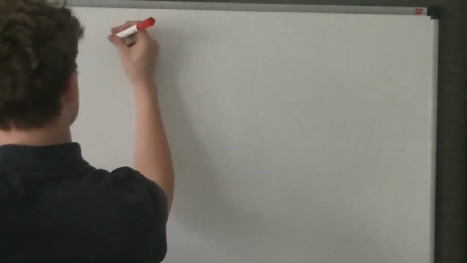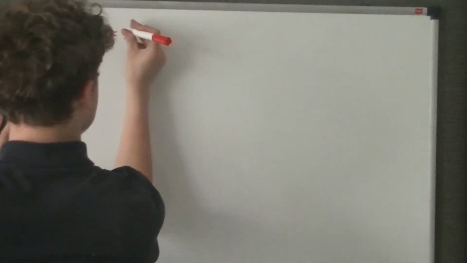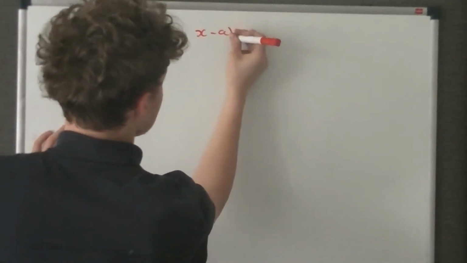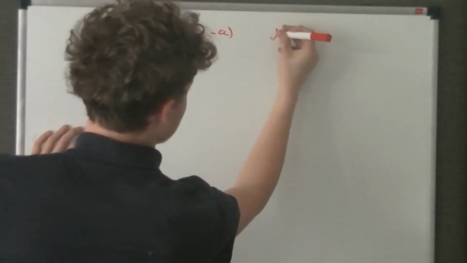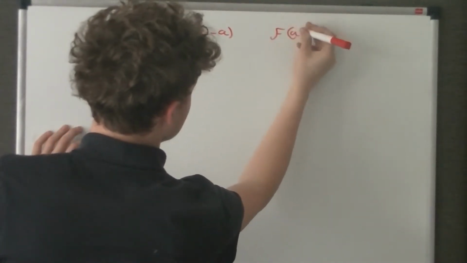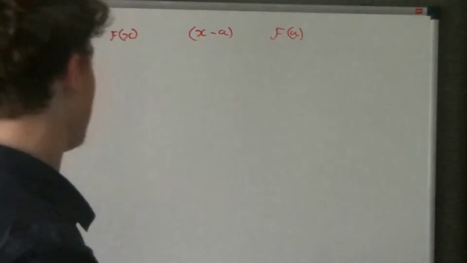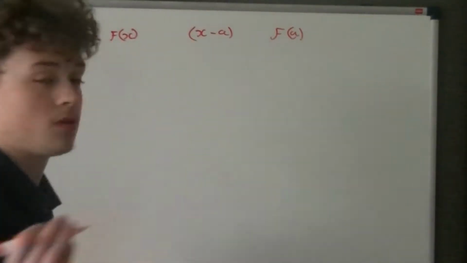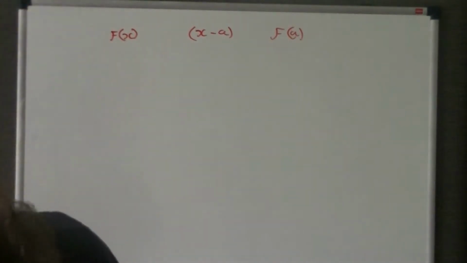It says the remainder theorem states that when f(x), so this is just a function of a graph, as these have all been graphs, is divided by x take a, the remainder will be f of a. So basically what this tells us is, if we divide, say,